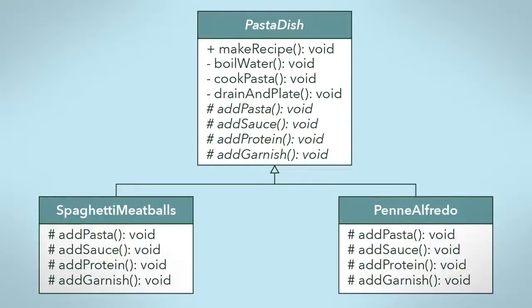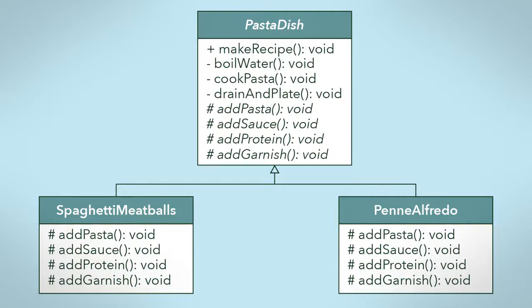Now let's take a look at how we might create the UML for the template method pattern. Let's go back to our pasta example. We have the pasta dish superclass with a template method makeRecipe, which calls other methods for the steps of the recipe. Some steps are common across specific dishes, like boiling water, so boil water is a method of pasta dish. However, some steps are special to the dish, like adding the sauce, so add sauce is an abstract method of